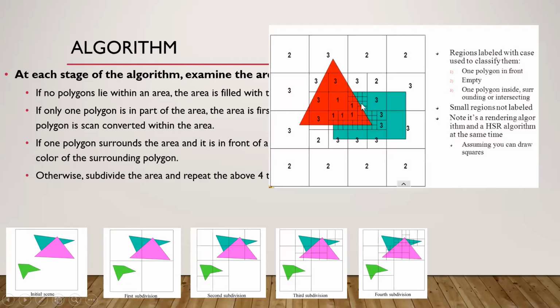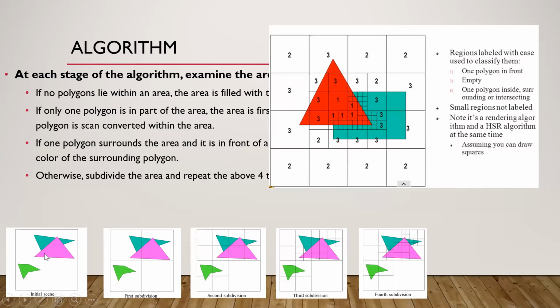So first the green color will be colored, and again when you subdivide you get only red if it is overlapping, because that is the pixel which is in front of the green. And then you have 2, which gives you areas which don't contain any object, so those particular squares are not being further subdivided. So that is the algorithm.